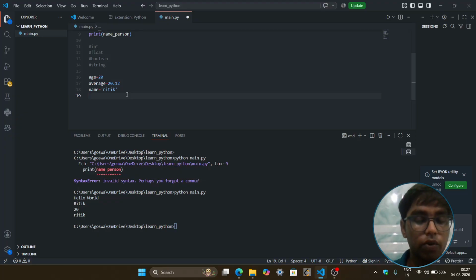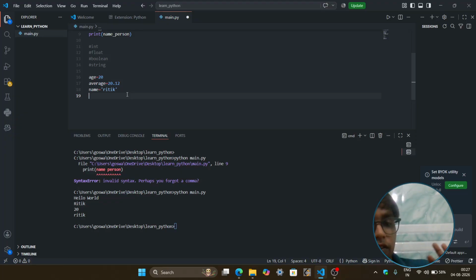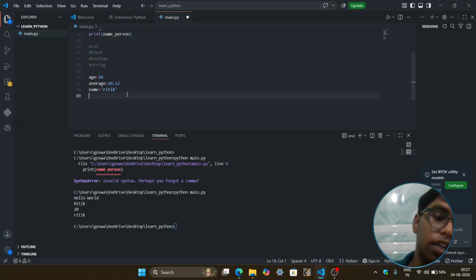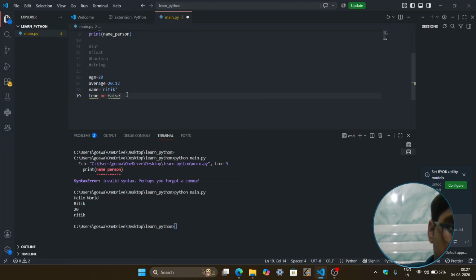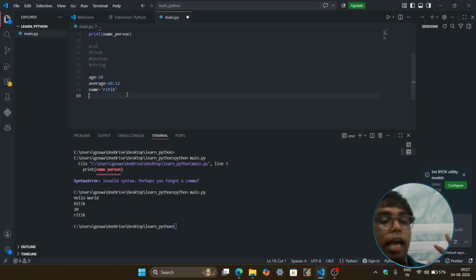If you learn if-else, it will come up, but just know that the boolean data type takes a true or false value. Okay, now that we are done with our data types, we are going to learn about the type function.